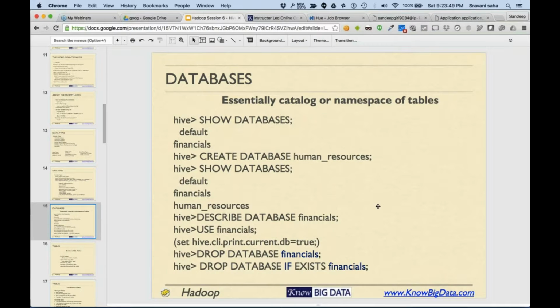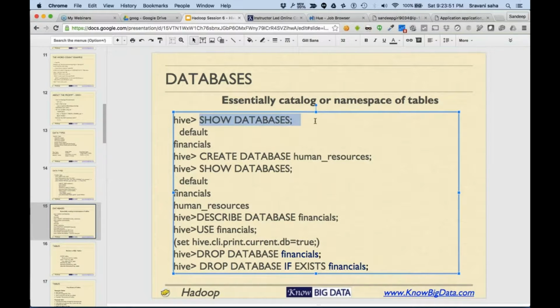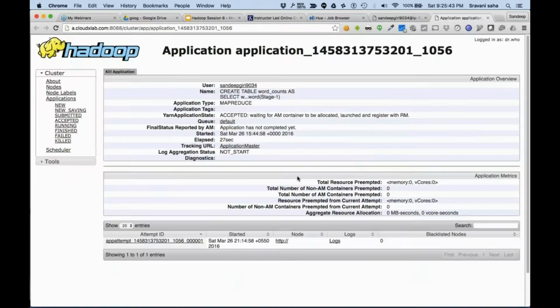All right. So you can have the databases, and you can create your own database. And generally, before starting to work, you should create your own database and use that particular database. You could also drop the database if you want. And sometimes while creating a database, you can also use if exists, and similarly for drop database.